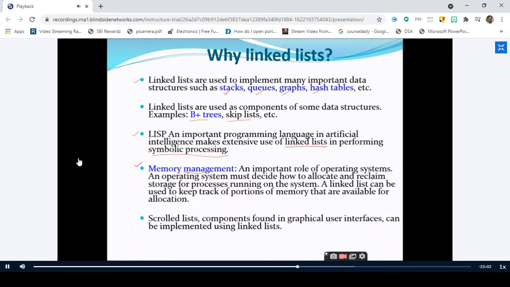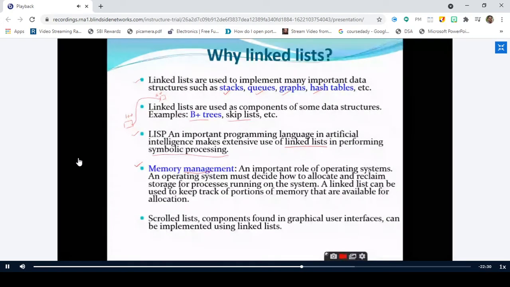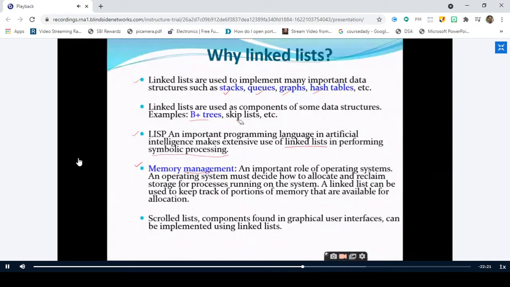Right. For example, at the 100th location, we have a vacant cell. And at the 120th location, I have another vacant cell. How can the operating system identify that after 100, you need to go to 120? So it keeps track of this 100 location linked with the 120th location. So whenever the operating system requires vacant memory, it will simply traverse this linked list. So after 100, we have 120. Right? After 120, we have 250. Like that. So for the memory management concept, the operating system is going to use the linked list. Is it clear?